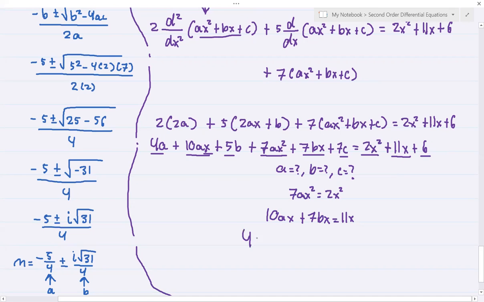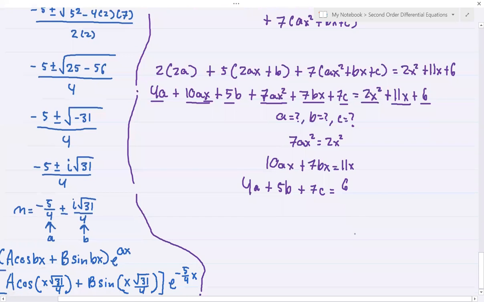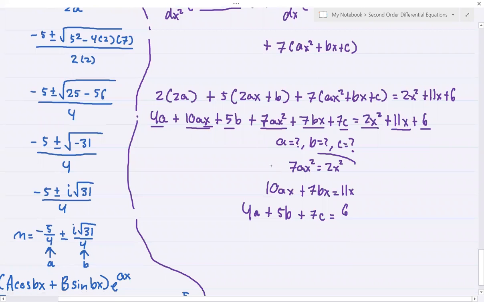So we will have 4a plus 5b plus 7c is equal to 6. Okay? So that's it. Now let's simplify these two equations. This one, since we have x squared on the left and on the right side, we can cancel them out. So we will have 7a